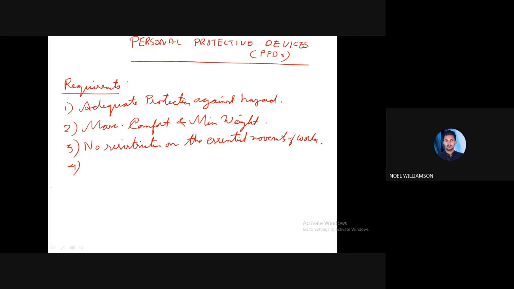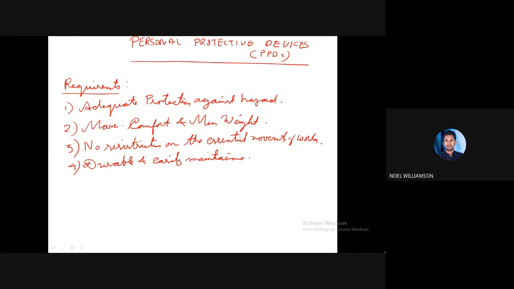And finally, one more, that is durability and easy maintenance. This equipment should be durable, and also the maintainability should be easy. So these are the key requirements of a personal protective device.